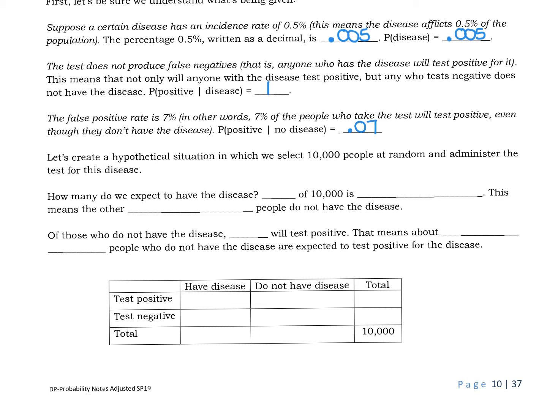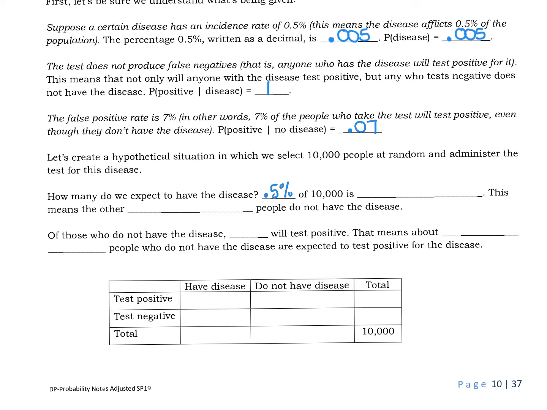So we're going to say we select 10,000 people at random. The 10,000 is a number that I made up. You can pick whatever number you want. I would recommend 10,000 or 100,000 if you're going to create these tables on your own. So let's say out of these 10,000 people, how many have the disease? Well, we need to find